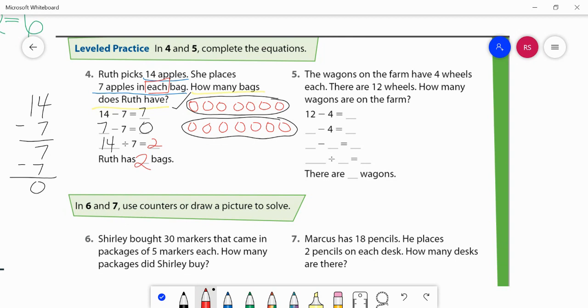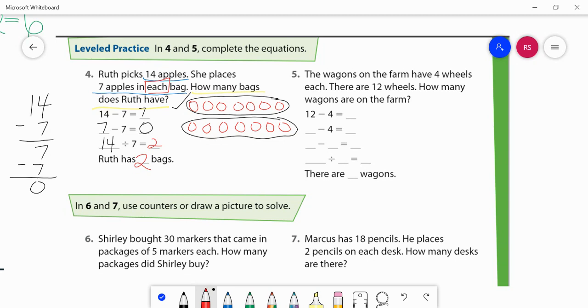14 divided by 7 gave us 2. We used repeated subtraction to figure out this problem. We started with 14. We grouped 7 of them, so we did 14 minus 7. Then we had 7 left, so we grouped 7 more, and we were left with 0. Very great job. All right, let's look at number 5, and then I'm going to encourage you to try 6